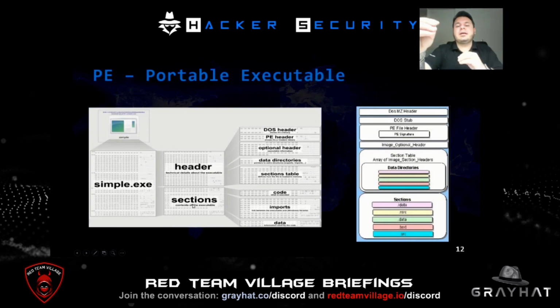Of course, it's divided into other parts, and inside the header you have the DOS header, where you can see the MZ information, the MZ signature, right? Basically it identifies the creator of this kind of binary. And you have the PE header, where you can find the PE signature, and below you can see the sections. Here is the information where usually the attacker can put malicious code, usually inside this section,